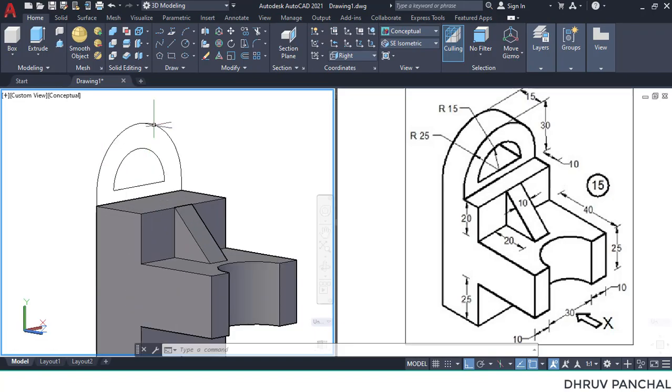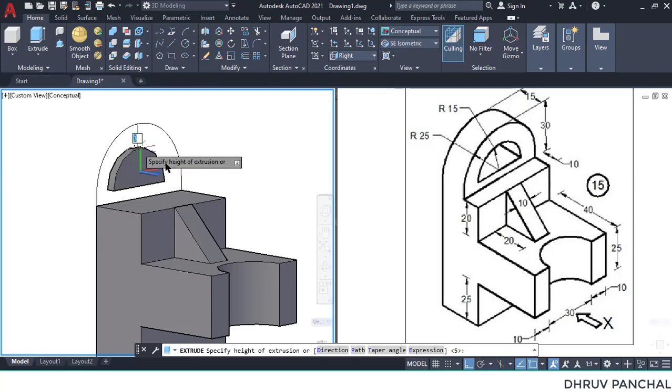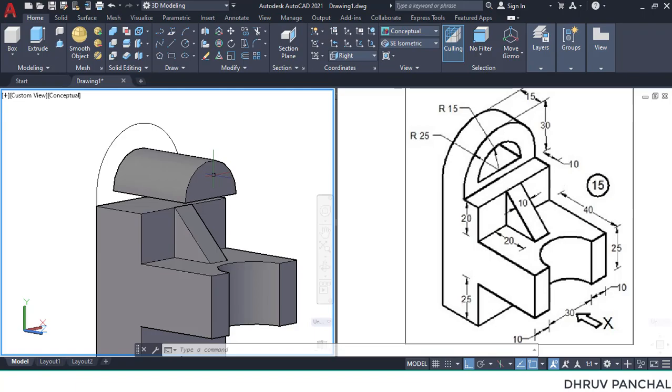Now drawing is ready. We have to join this all drawing. So select all the drawing and type join command and press enter. Now use extrude command and extrude this up to certain dimension.